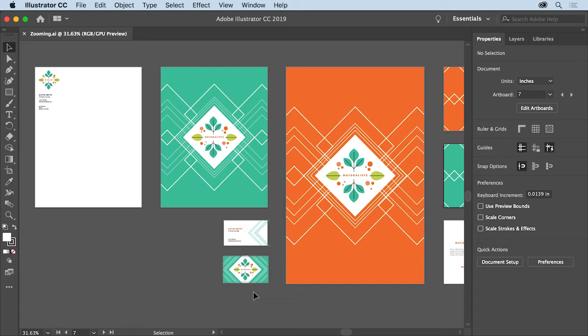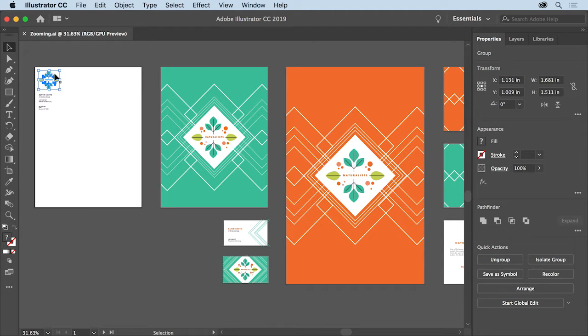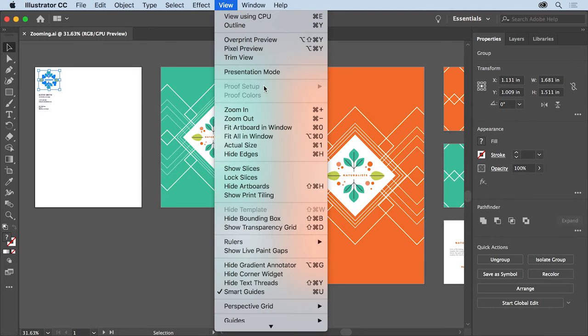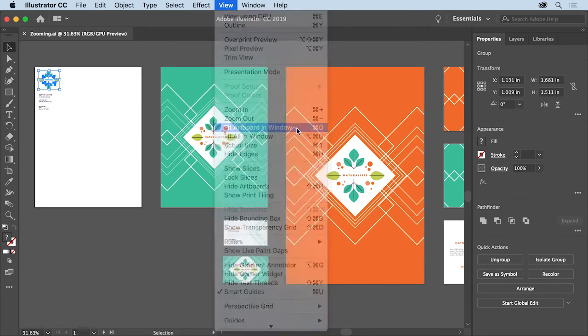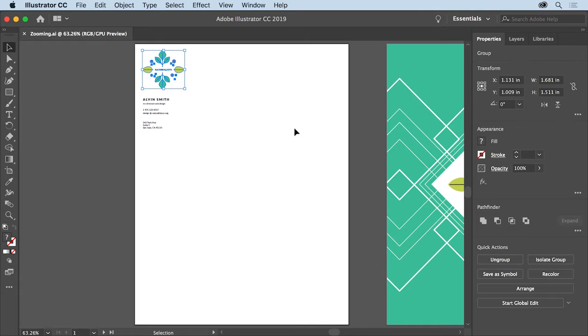The first thing you'll do is select some artwork. So select the Selection tool in the Tools panel on the left, and click on artwork in this artboard. Once you do that, you should see a subtle black line around this particular artboard. That line tells you it's the active artboard, or the one that you're currently working on. To fit the active artboard in the document window, choose View, Fit Artboard in Window. This can help you focus on a particular artboard in your document.